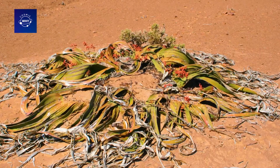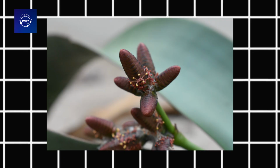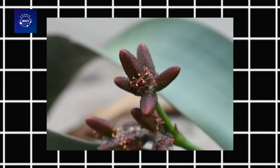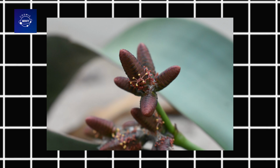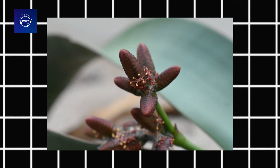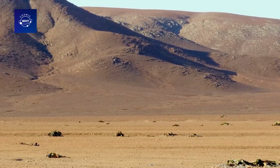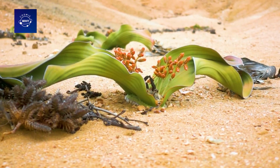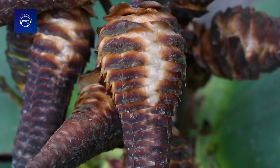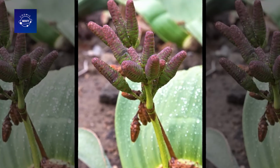At the local level, the presence of Welwitschia is also a biosignal for researchers and local people, because they only grow consistently in areas with stable groundwater or fog sources. Observing the location and growth status of the plants can help monitor climate change, desertification, and even the risk of groundwater depletion in the area. In other words, each individual Welwitschia is a living sensor of nature, clearly reflecting even the smallest changes in the